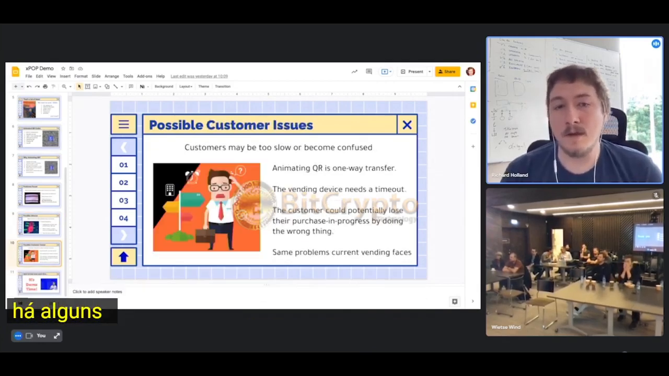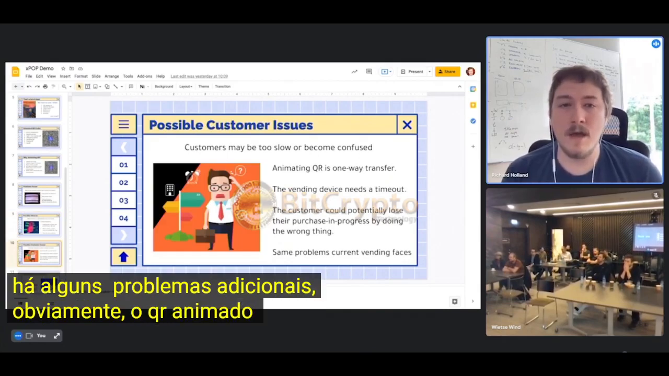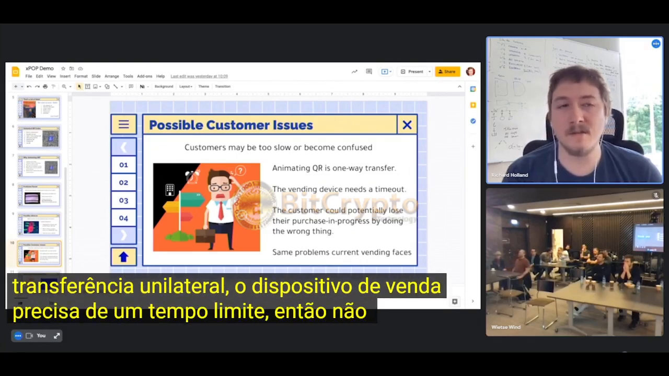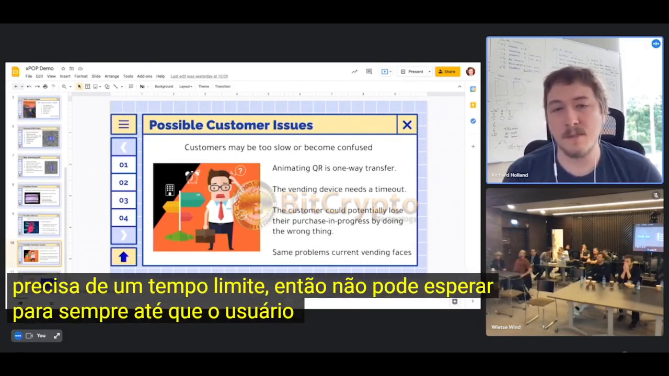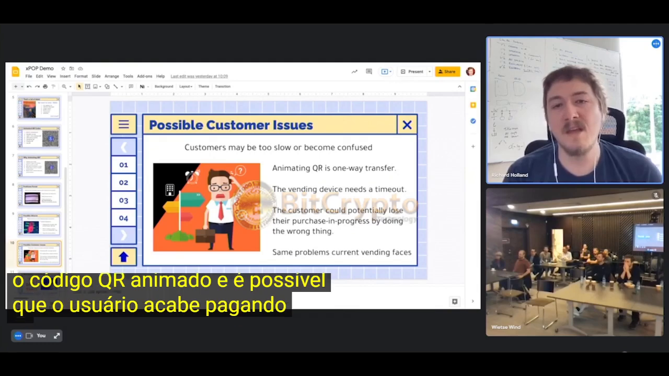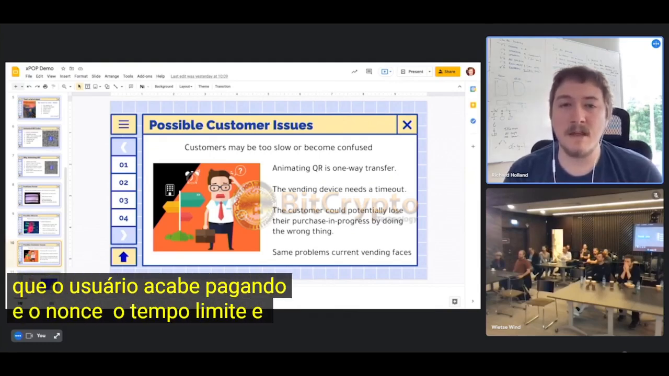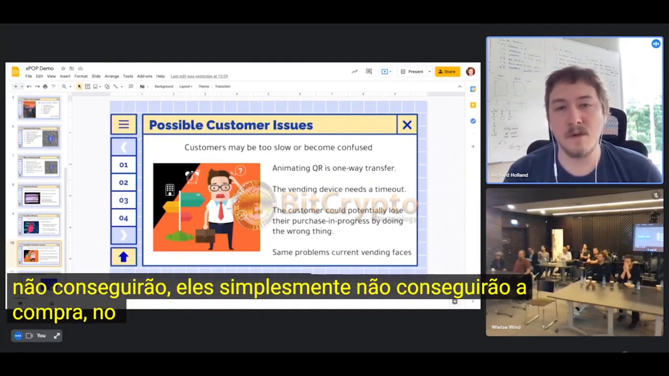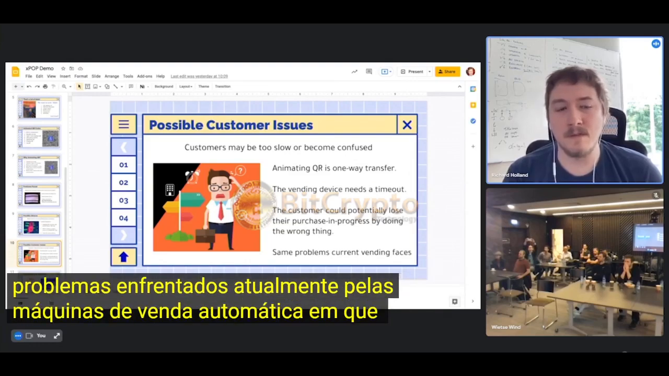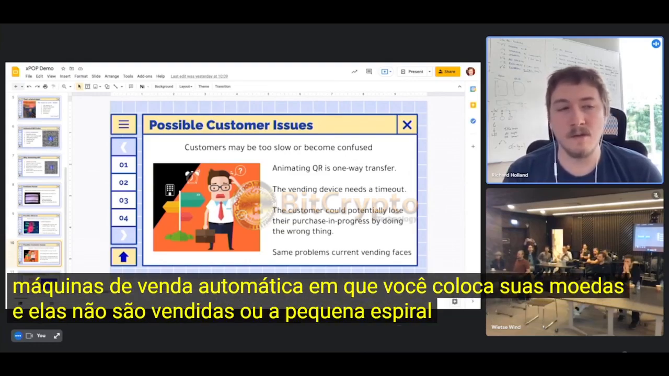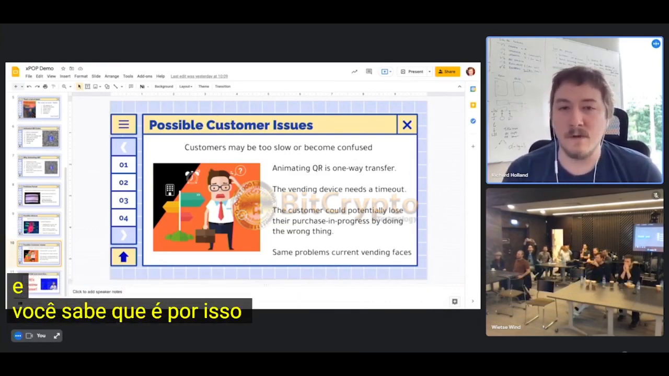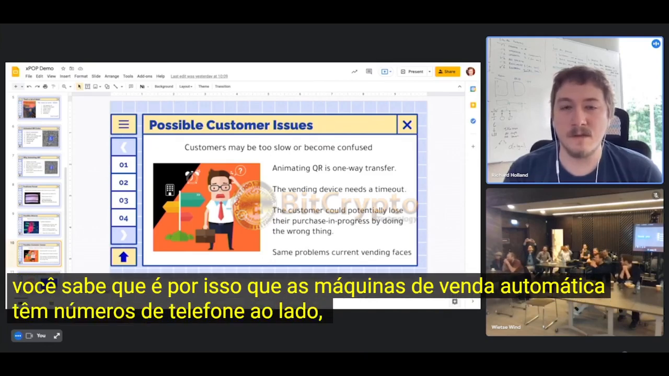So there are some additional issues. Obviously, the animated QR is only a one-way transfer. The vending device needs a timeout, so it can't just wait forever for the user to display the animating QR code. And it's possible that the user ends up paying, and the nonce times out, and then they just won't get their purchase. However, these are all the same problems that are currently faced by vending machines. You put your coins in, and it doesn't vend, or the little spiral thing comes out only halfway, or whatever. And this is why vending machines have phone numbers on the side,